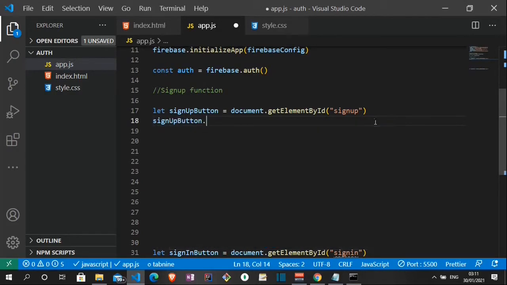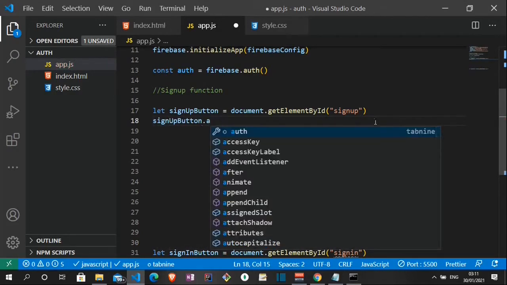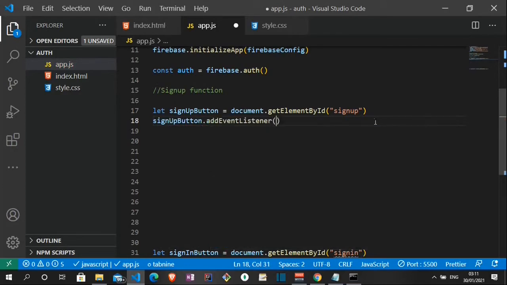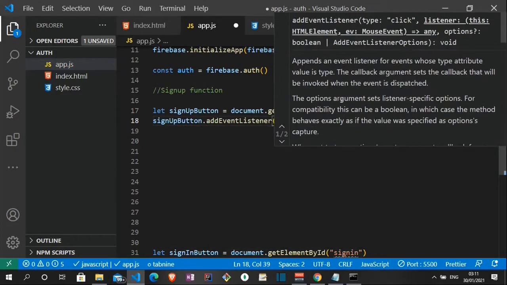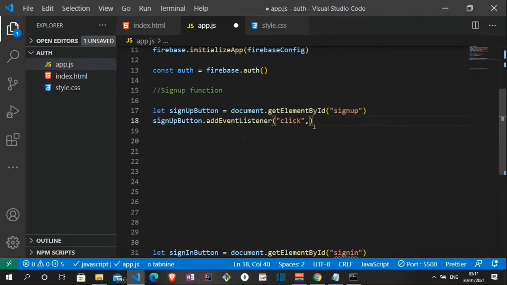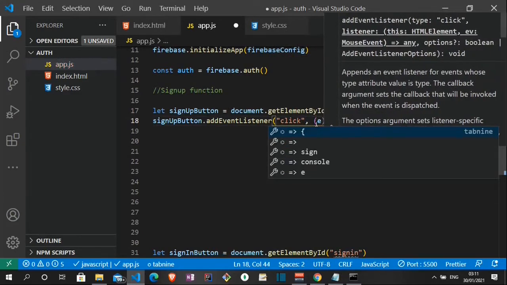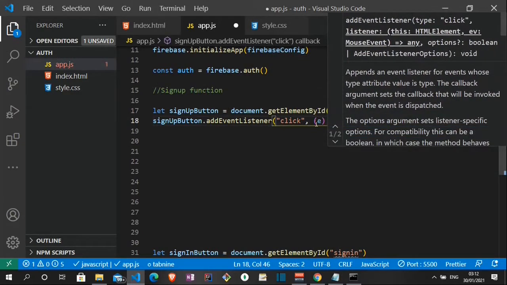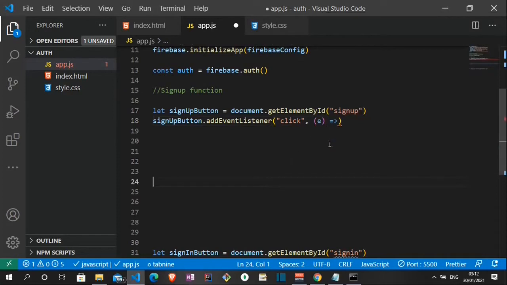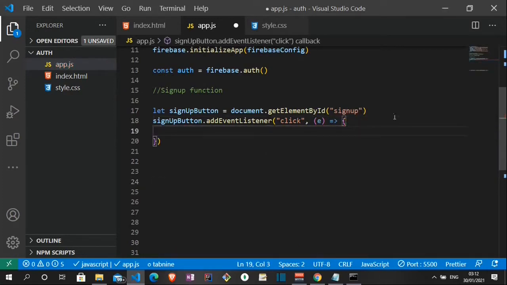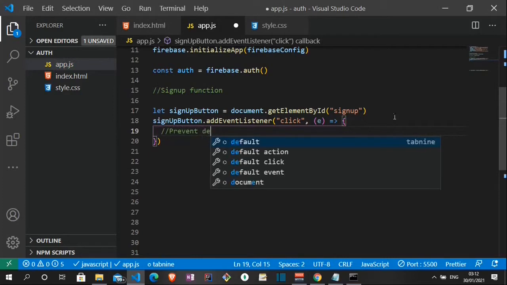So sign up button dot add event listener. It's gonna be a click event. It usually takes in two arguments. So the second one is gonna be e. So for it to prevent the default behavior